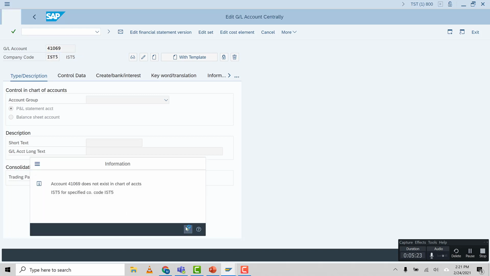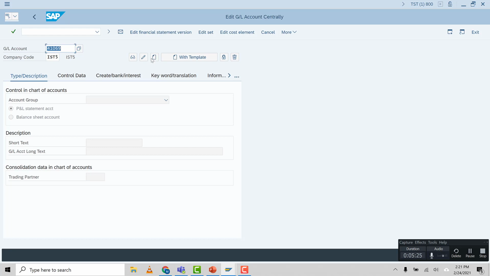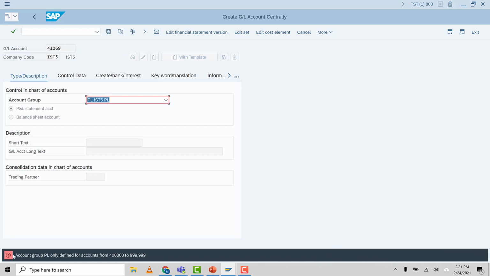This does not exist, so we have to create it. Create button, select. So as you can see, the PL account number starts from 400,000. So this number cannot be taken, so we need to cancel this transaction,